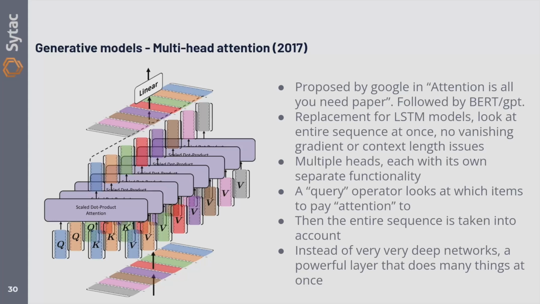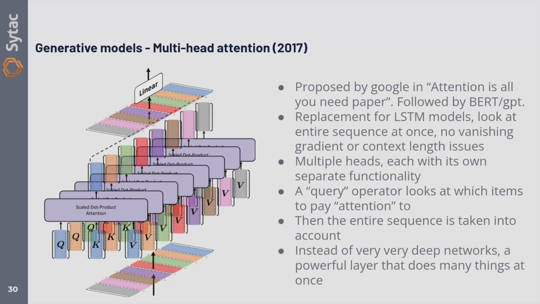It's also multi-head. So you can have multiple operators in parallel, basically. So each transformer is also in parallel per head, and each head has its own query and value calculation. So basically the transformer is also executed in parallel, and you can have 10, 20 different heads all at once in one layer. So one of the answers to how do you make this model more computationally powerful is that instead of making super deep layers, actually make one layer super powerful.